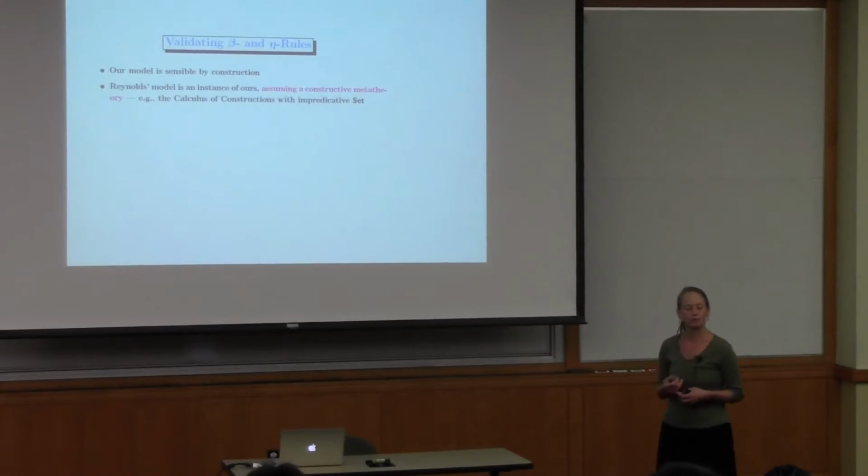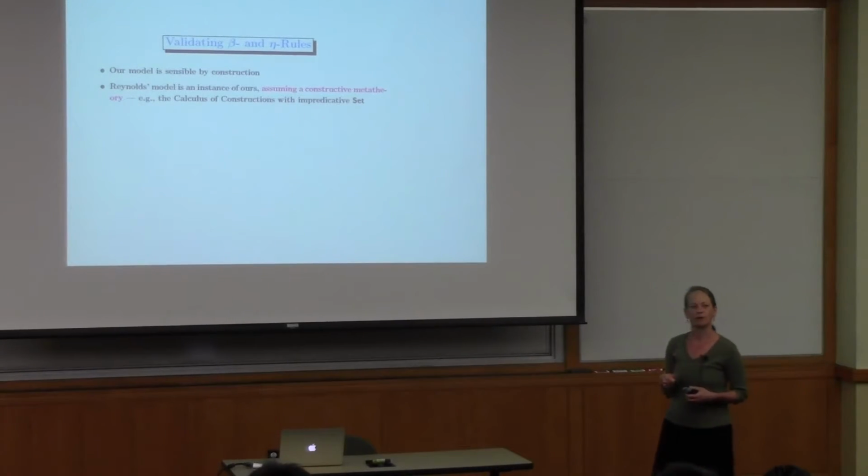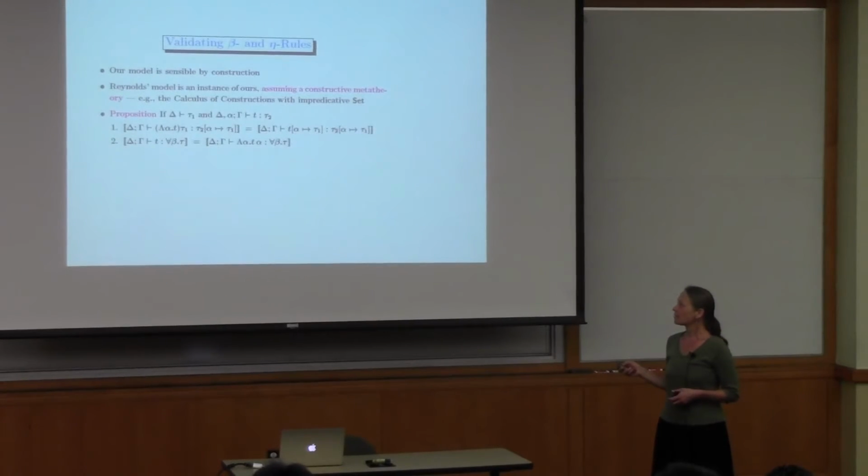Because we can see Reynolds' model through the fibrational lens as being something about the relations fibration on set, we can see Reynolds' model as an instance of this framework that we've just constructed, assuming we have a constructive meta theory, okay? But you still have to prove that your equational theory is validated. So I'd still have to prove that, if I interpret a type application and actually perform the type application,